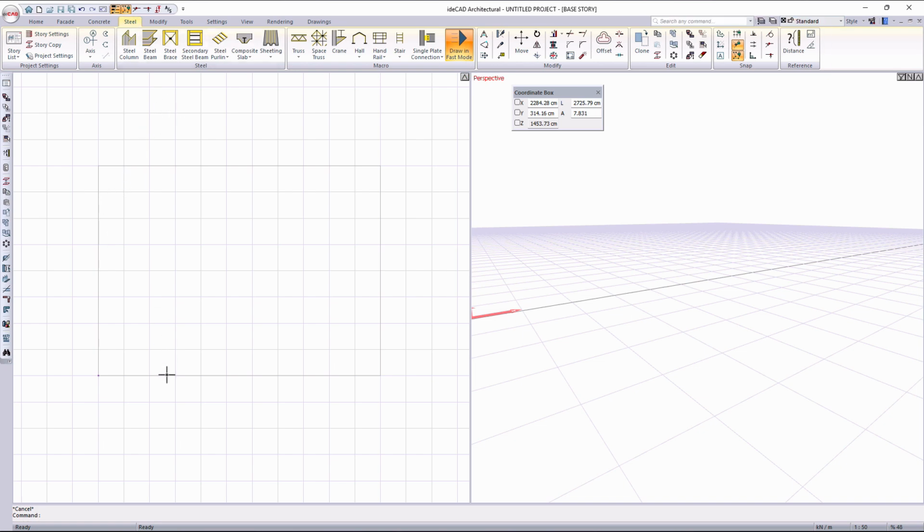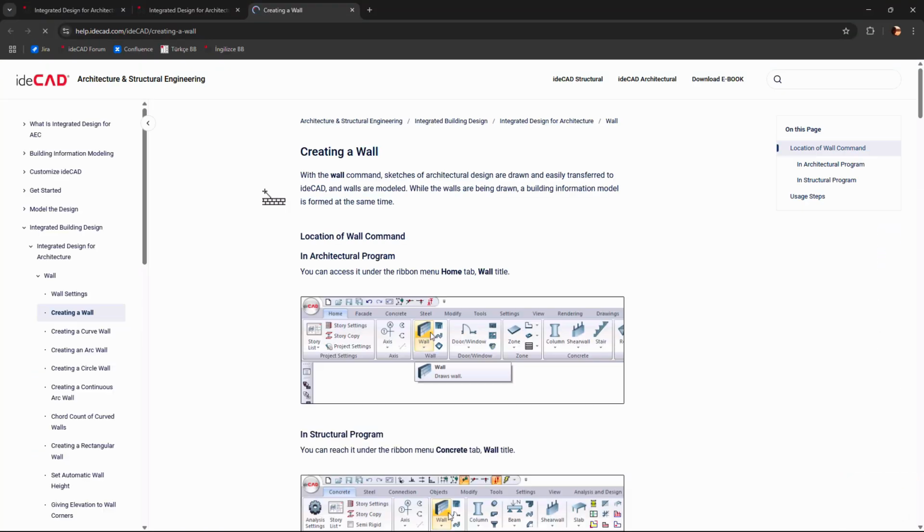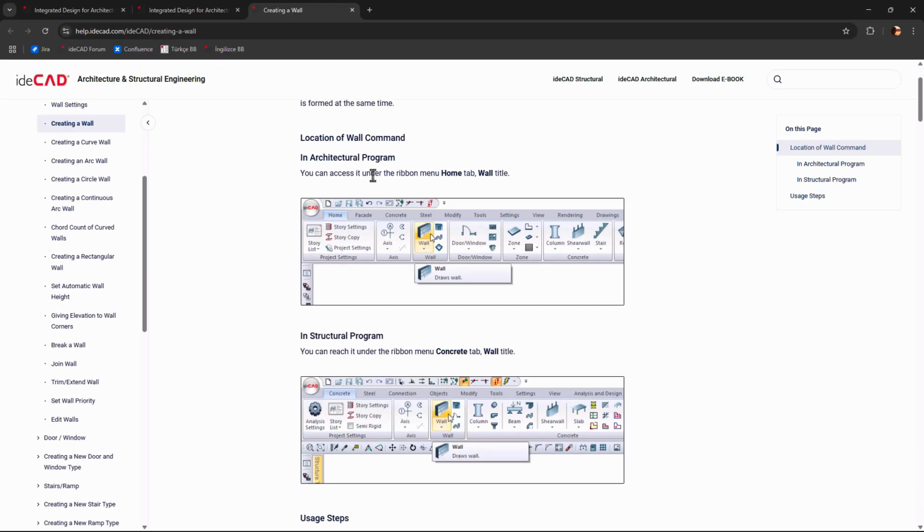The gray strip at the bottom of the screen is called the message line. It displays the next step related to the active command. For example, prompts such as Set First Point of Wall appear in this area to guide you through the wall creation process. If you press the F1 key while a command is active, you will be directed to the help page specific to that command.